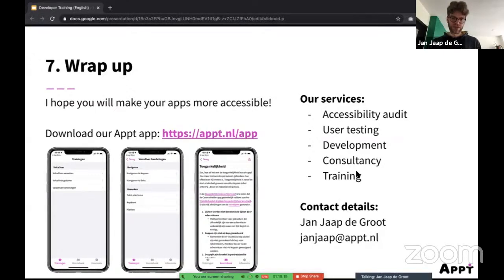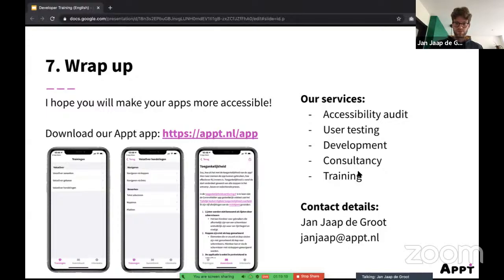But for actual accessibility testing, like automation, there's not really any free tools. There are some paid tools available, but they are really expensive. So maybe only the big corporates can afford them. It's really a shame, in my opinion, because I think all apps should be accessible, not just expensive and big apps. But for now, there's no really good tools available to automatically test your app, except for the ones built into Android Studio and the ones built into Xcode. But those are not automated. Those are manual testing, but they do work very well.